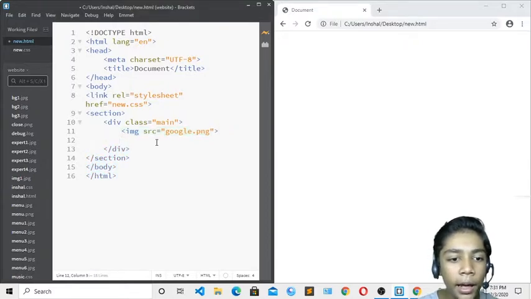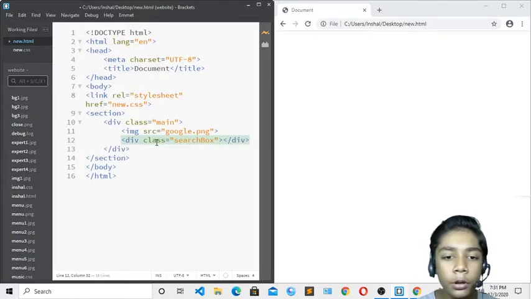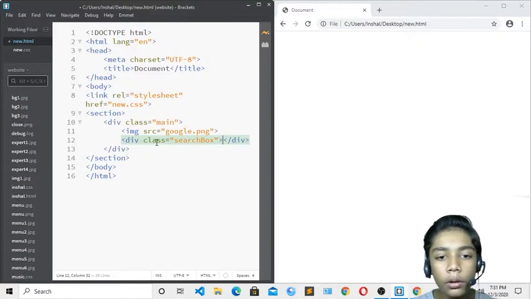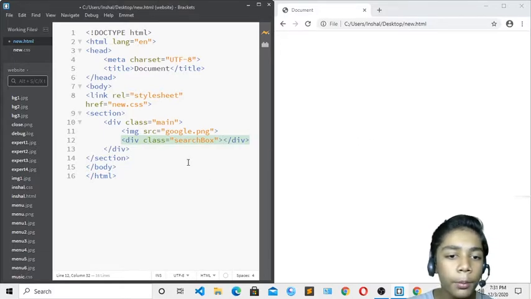Over here I will write a div again, and now I will write the class of search box. I have written the class search box because when you are searching in Google, you search in the search box. So we will also make the search box with our Google logo. We will only make the search box and design our Google logo, and set that into a good location, so it will be responsive for mobile and computer also.